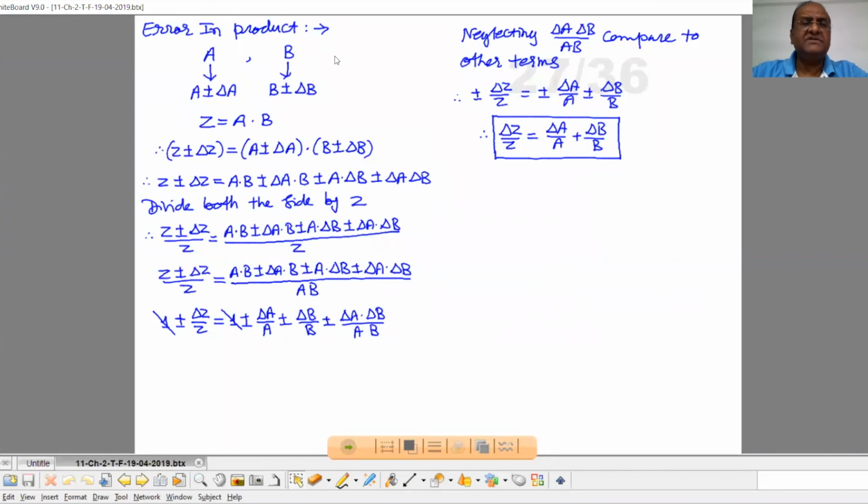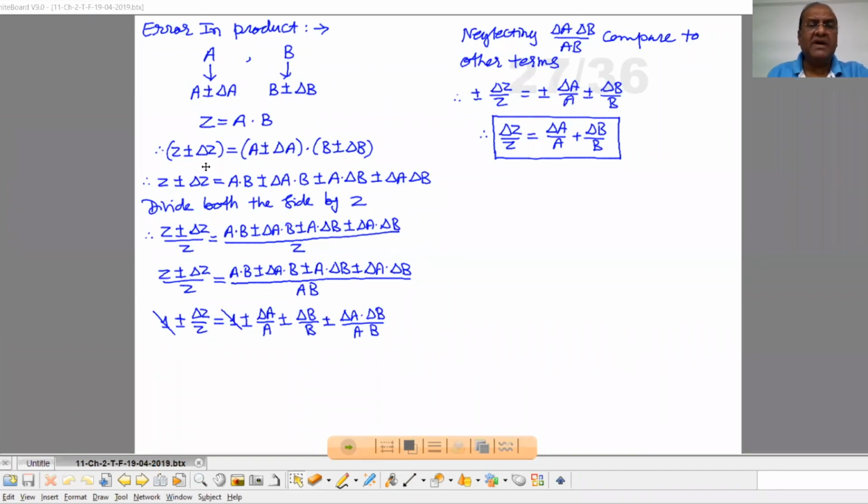See, first, error in product. Suppose we have two physical quantities A and B, and their measured values with errors are A plus or minus delta A and B plus or minus delta B. Suppose the physical quantity Z is defined as A into B. So now